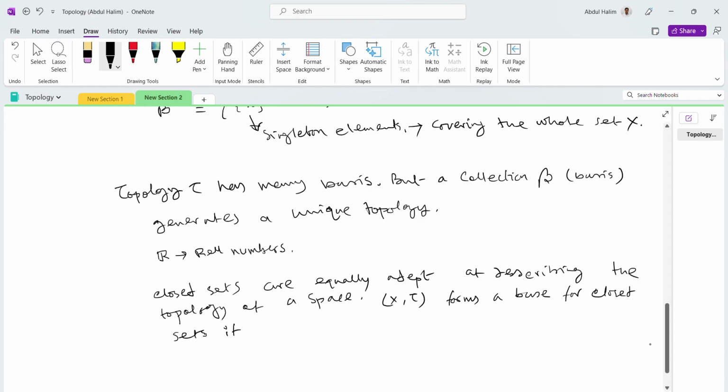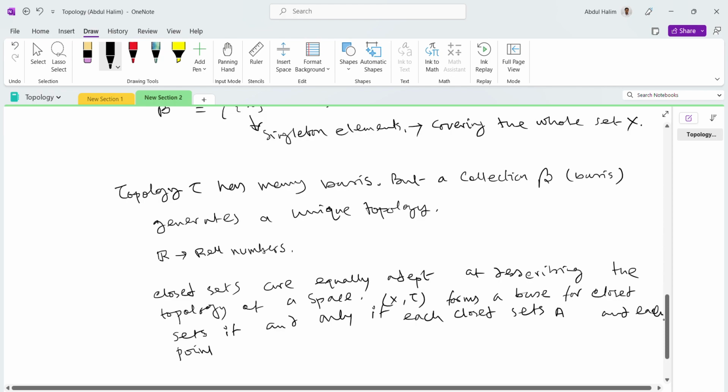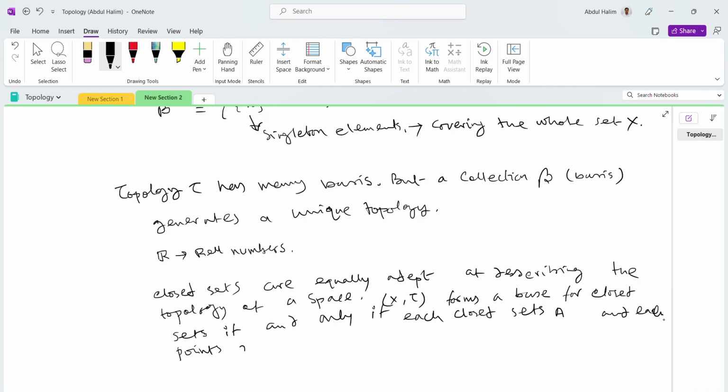X is a set, tau is a topology, and the family forms a base for closed sets if and only if for each closed set A and each point x in X and not in A,